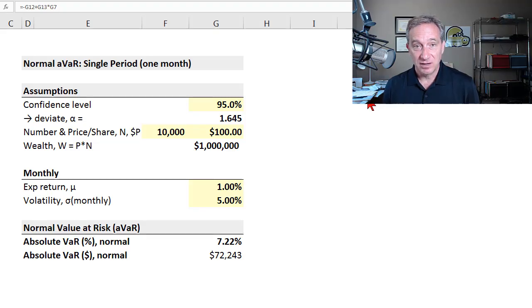So I'll start with the simplest use case, and that's a single period normal VaR. In this case, we're going to assume that arithmetic returns are normally distributed, and our VaR then is given by negative Greek mu. That's the drift or expected return. Right here, I'm using 1%, plus going in the other direction, we'll take the volatility, denoted by sigma, of course,